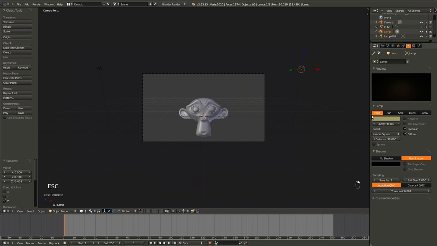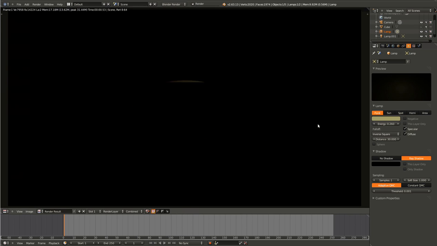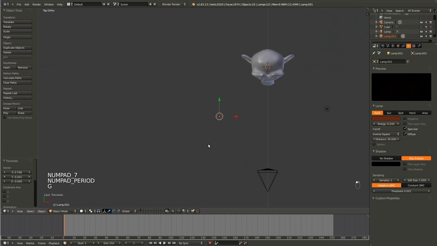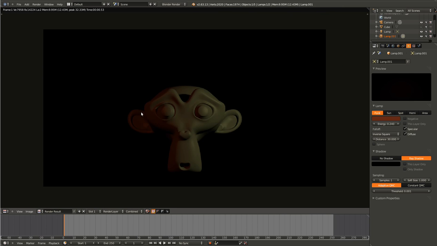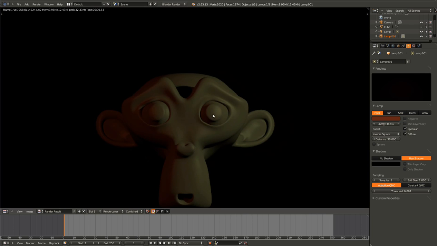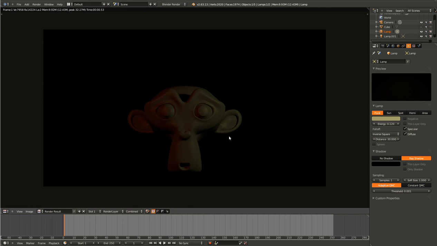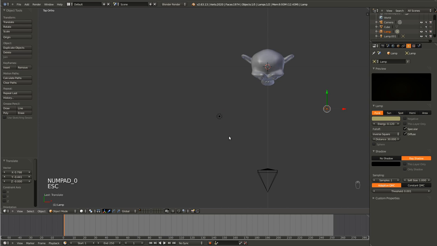I think this one might be slightly too bright. Doesn't really matter, these are going to be very subtle in the end because the fire will be doing most of the lighting. Although I think this one's still too bright. That's better. Okay. So now,